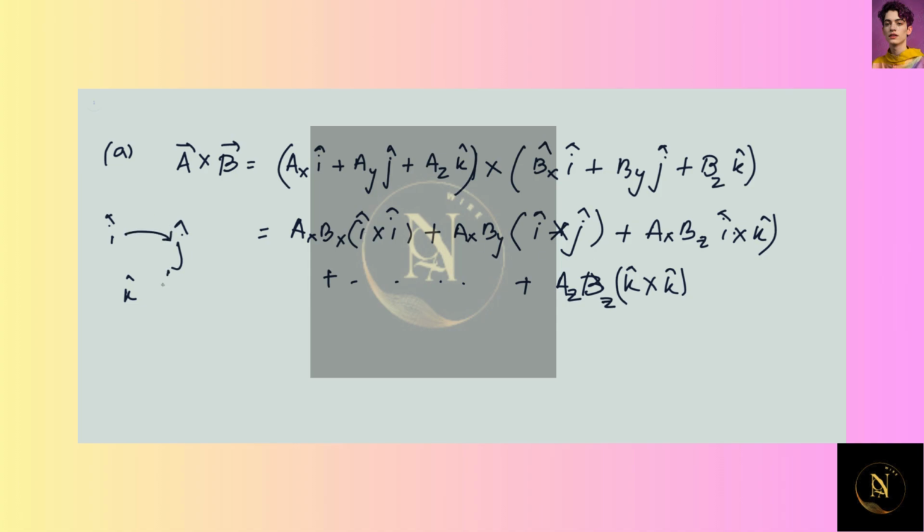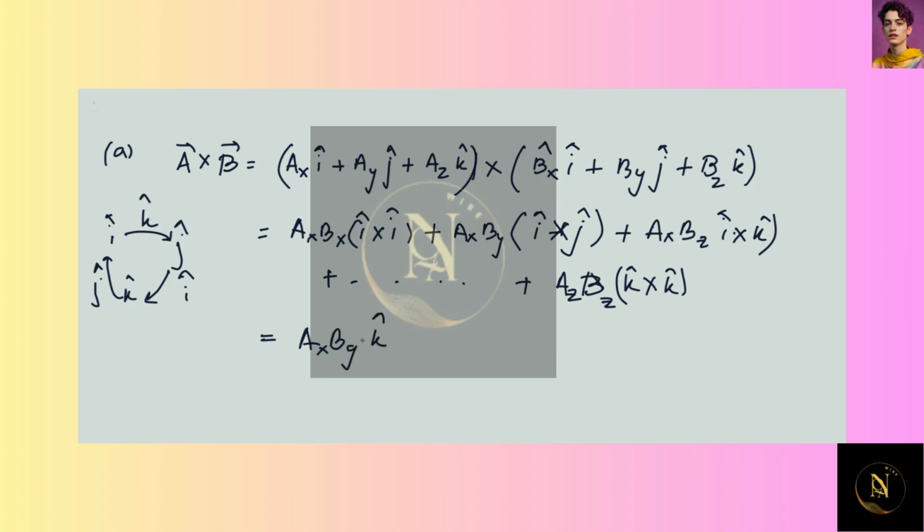So it goes like this: i cross j is k cap, j cross k is i cap, and k cross i is j cap. And the rest of the cross products will be 0, which means that i cap cross i cap will be 0, k cap cross k cap will be 0, and j cap cross j cap will be 0. Now we apply this rule and we get A cross B to be